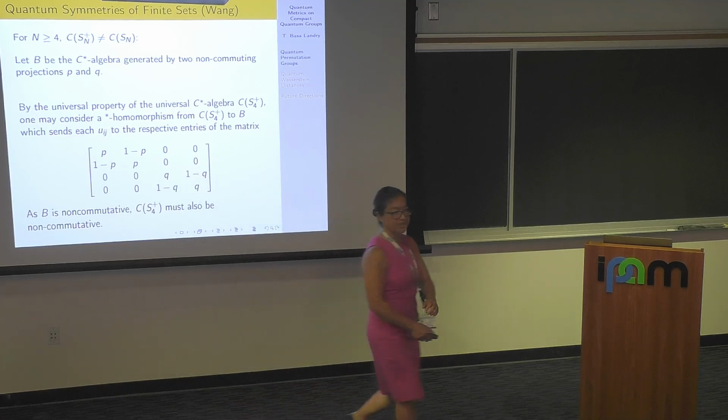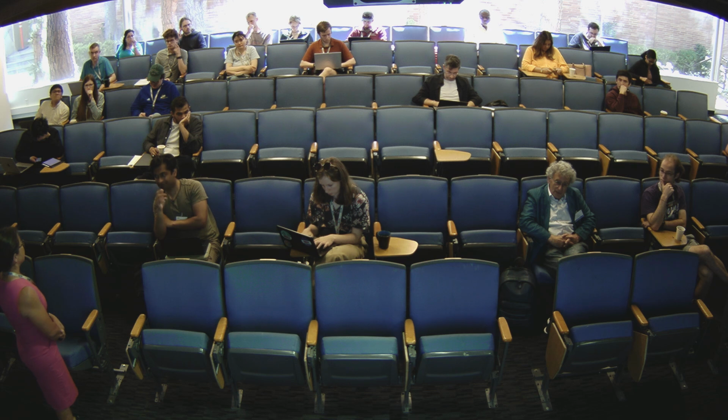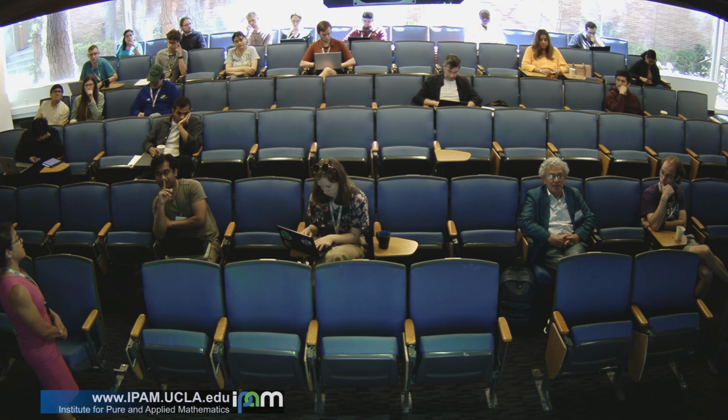Can I ask one more question? So for, as you said, n greater than or equal to 4, this would be different from the usual symmetry. Yes, so if you take this same game and you have these restrictions on the relations, then it turns out that when you solve for them algebraically, you end up having things that have to commute with each other.